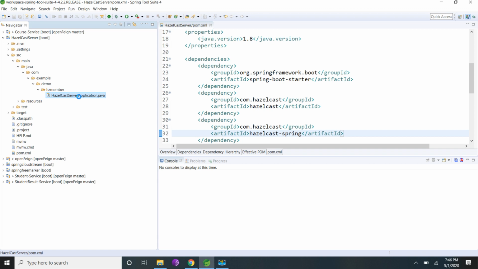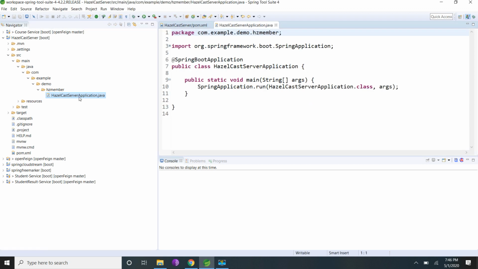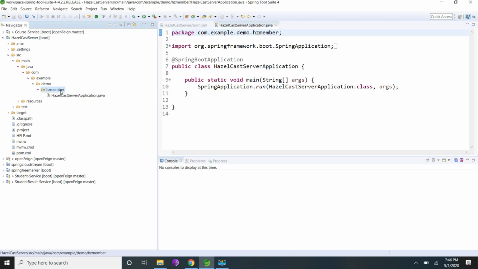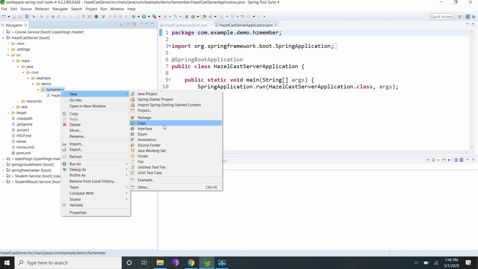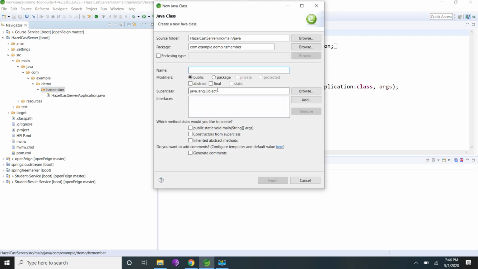This is my Spring Boot main class. Now I am going to create one more class. I am naming it hosted member.